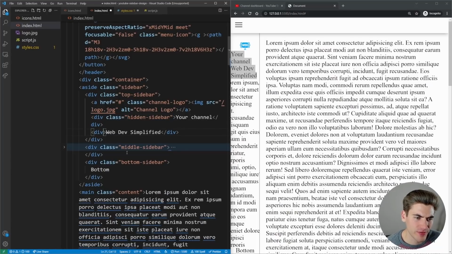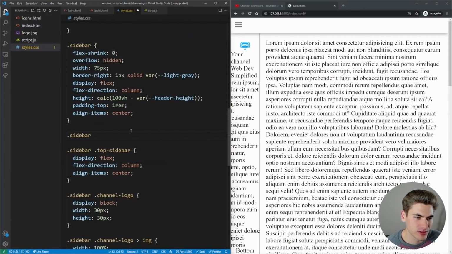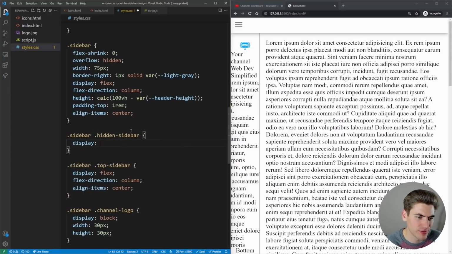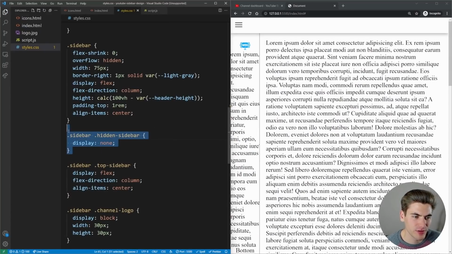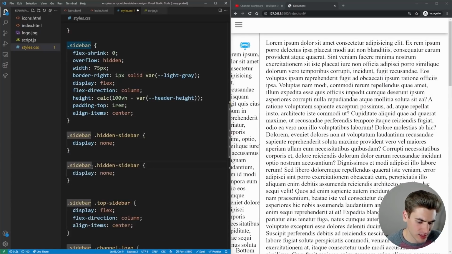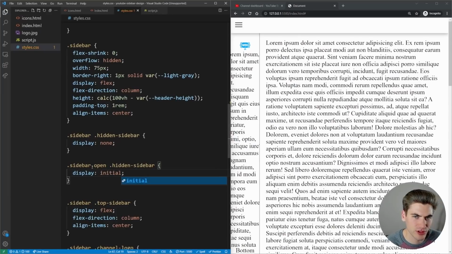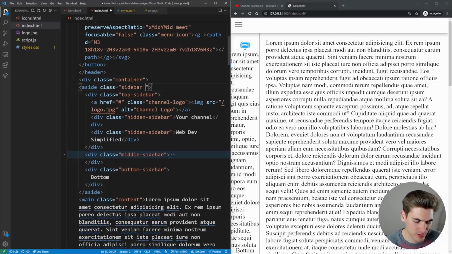Yeah, we'll do that for now. We'll just say hidden sidebar. We could say sidebar dot hidden sidebar has a display of none. There we go. So they're going to be hidden by default. But if our sidebar is open, sidebar dot open, our display is going to be initial. Actually, we'll just change it to a display of block. There we go. So if our sidebar has the open class, which we can just apply to it right now,